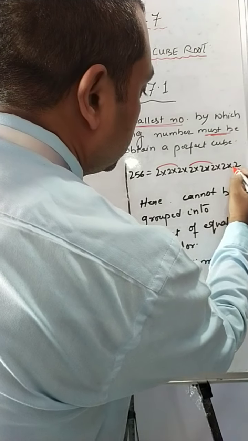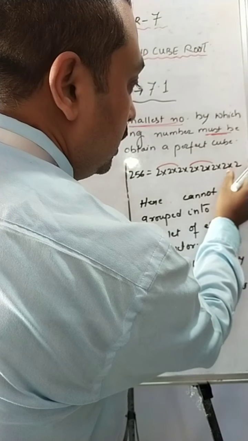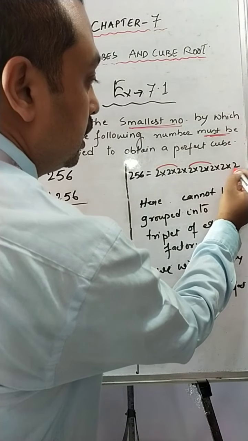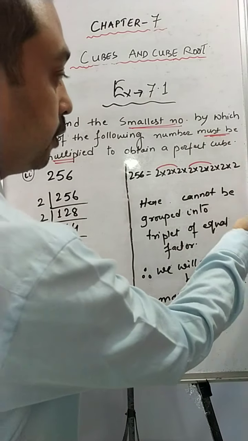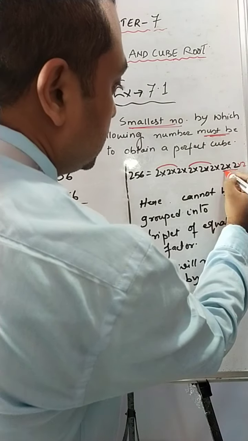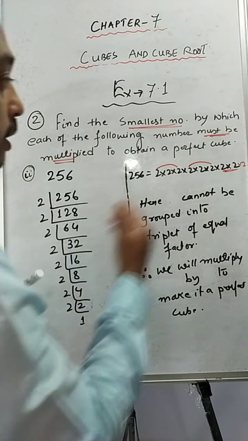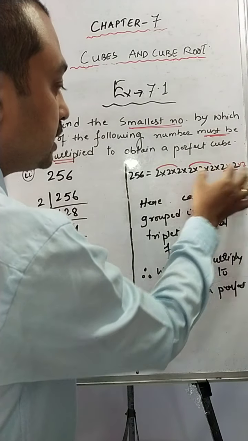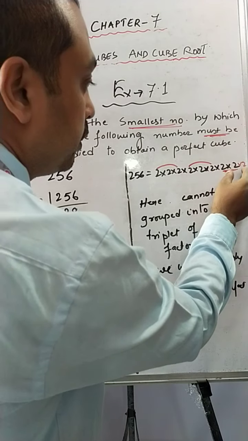But you see, if you consider the last two numbers, these last two numbers cannot be formed into a triplet form because 1 2 is missing, isn't it? 1 2 is missing. So this is not in the triplet form. So how many 2s are required to make this a proper triplet form? That is 1 2,